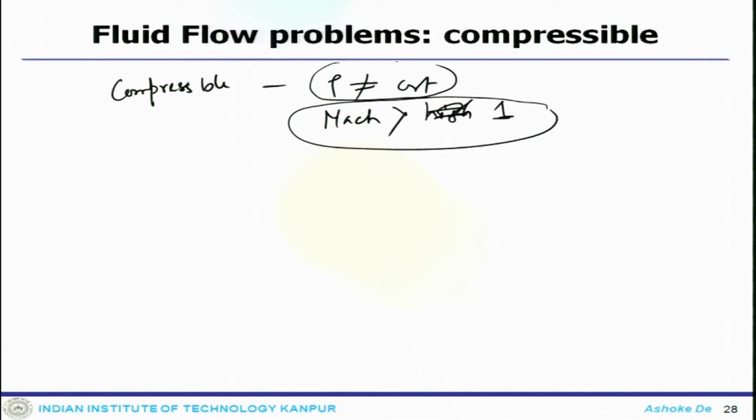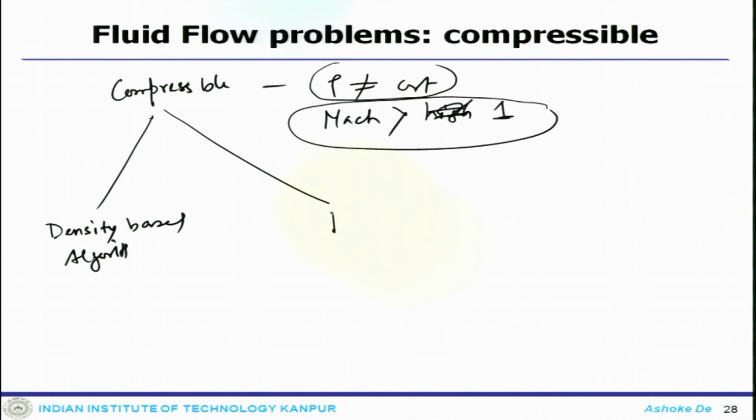In the compressible flow solver there are two types of approach. One can have a density based algorithm and one can have a pressure based algorithm, and what we have been discussing so far is the pressure based algorithm. When deriving the equation for the incompressible case we did not bother about density too much, though we retained the density in the term. So, a similar algorithm we can directly extend for the compressible cases.